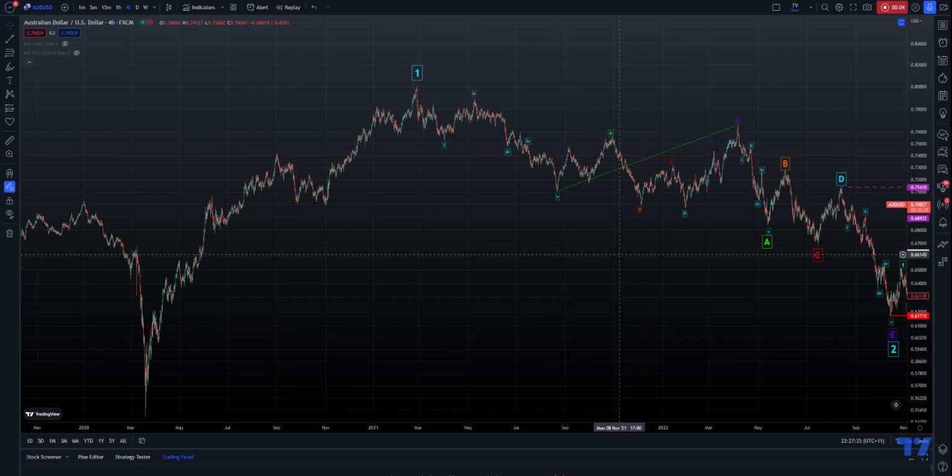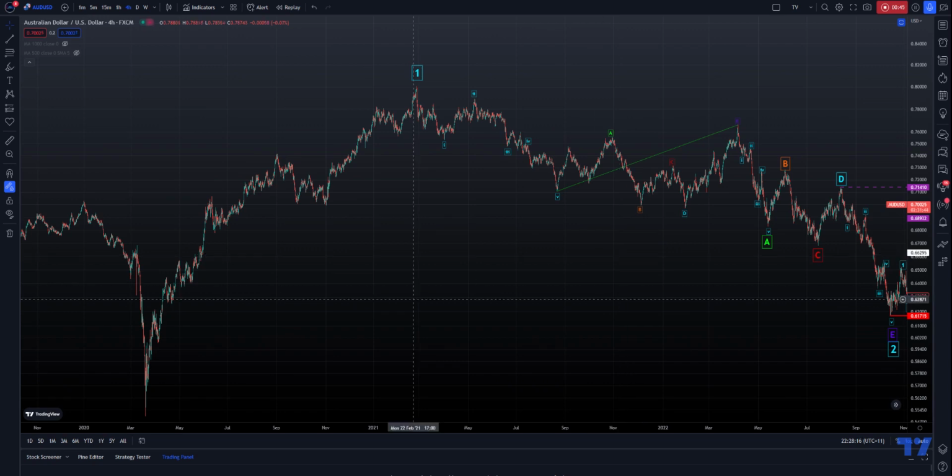In this particular view, I'm going to reintroduce the idea of the higher move up in Aussie, right? Now, if you think about it, for the US dollar to pull back as much as it might do in a correction, there's just a couple of things I want to consider here, and that is how five wave moves can begin. So, before I get to that part, I want to talk about this particular view for a wave two correction,